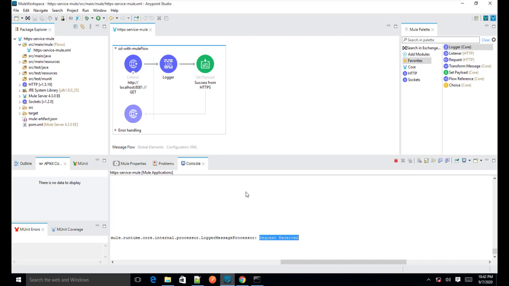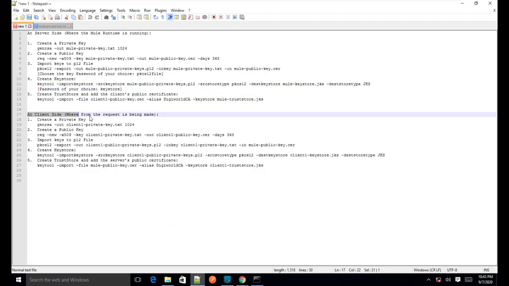Once we create those certificates and keys at the client side, we will import the digital certificate of the client, the certificate which has the public key of the client, to the trust store of our Mule flow. So let's do this part also. At the client side, where the request is actually made, we will perform these steps.